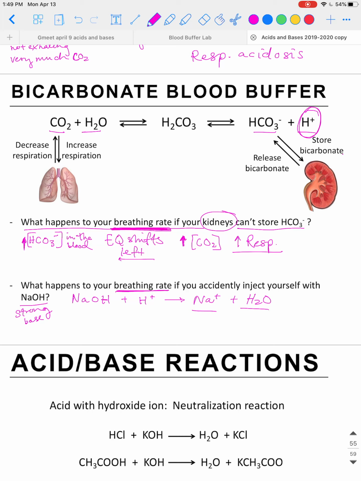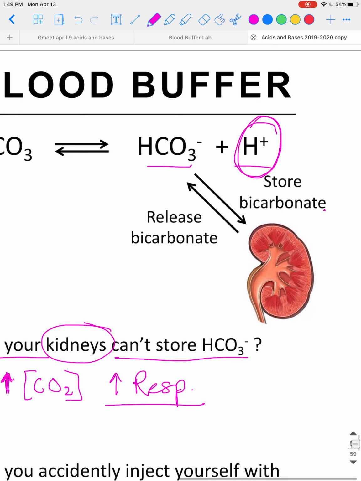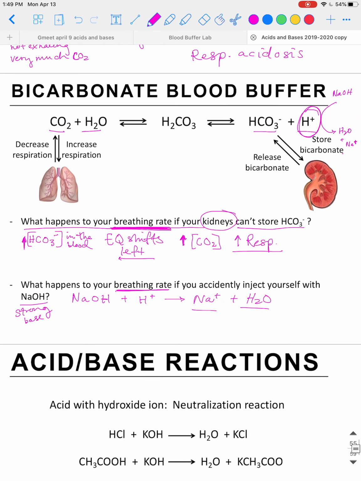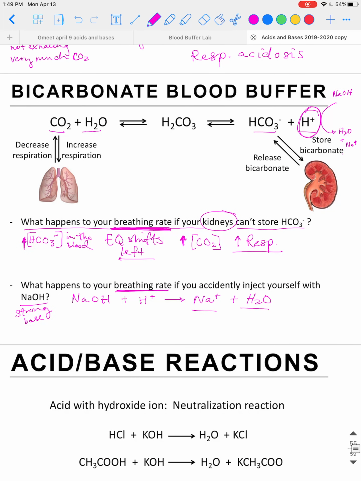But this is what would happen. So if NaOH is going to react with H plus, how is that going to affect the concentration of H plus in our blood? Essentially, we injected ourselves with NaOH. It's going to come along, scoop this guy up, and make water and sodium. So the amount of H plus in our blood is going to go down because we're removing it. We're neutralizing it with OH minus. So H plus in our blood